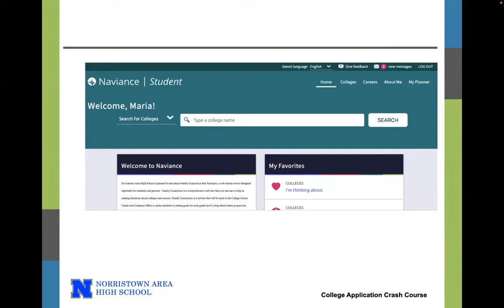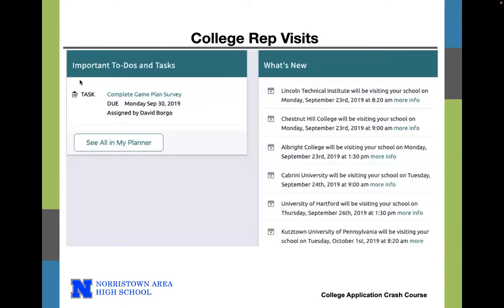And every year they do some type of upgrade. So the color may be different this year. It could be teal, it could be red, who knows? But the interface pretty much looks like this. So when you go in here, you'll see that there's a home button, that there's a colleges button. That's the main button that you're going to use to put information in there. Okay. Now, when you're on the very first screen for Naviance, if you scroll down to the bottom of the screen,